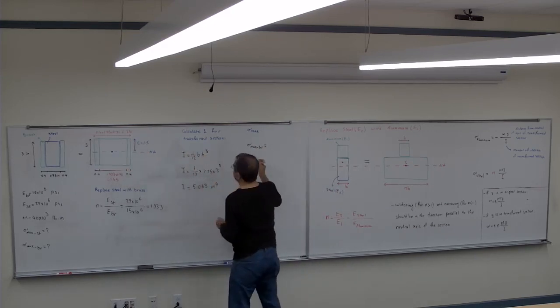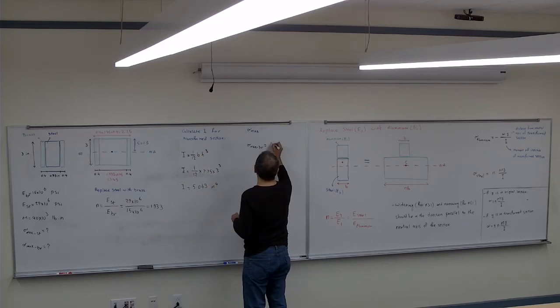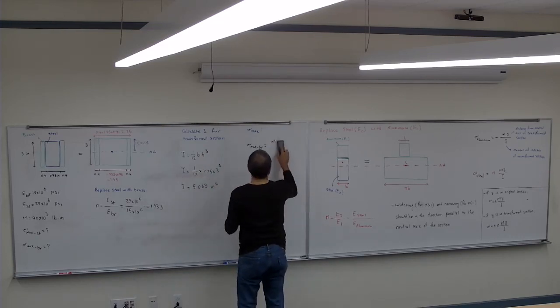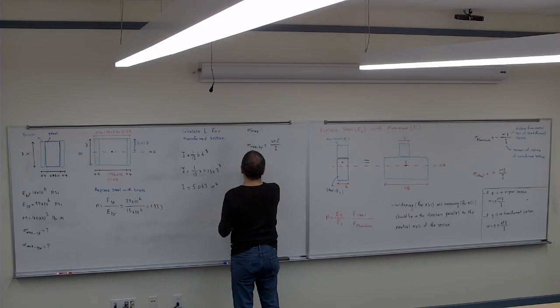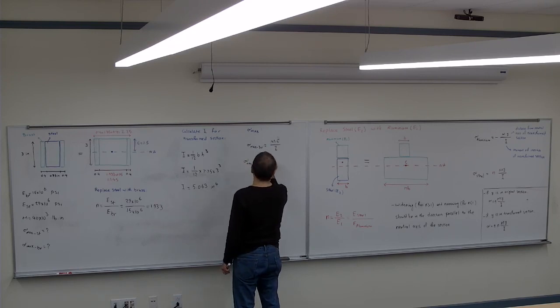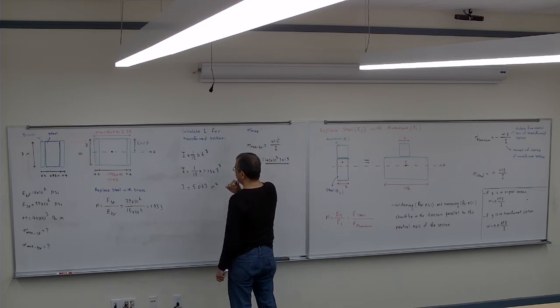So it's going to be MC over I. So sigma max in the brass would be M, which is 40,000, times the C, which is 1.5, divided by I, which is